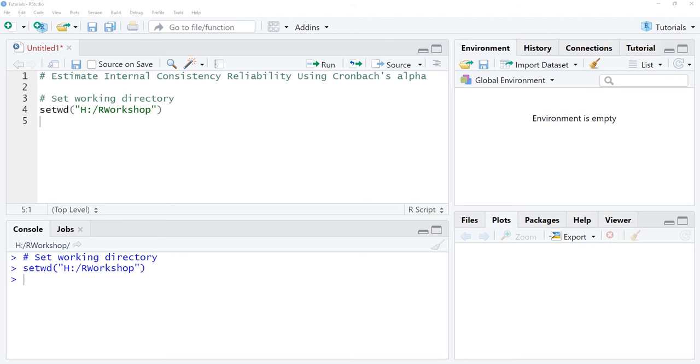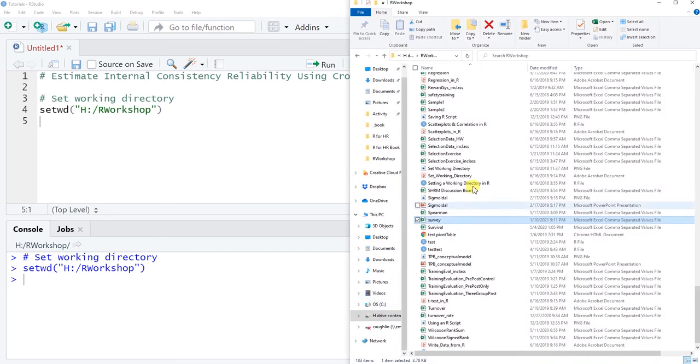And so how do I know what to set my working directory as? Well, if I come to my H drive workshop folder, I'll see that the data file called survey, all lowercase, is saved there. So this is the file I want to read in. It is a comma separated values file. So I need to put in the name of that working directory or that path that I'd like to set